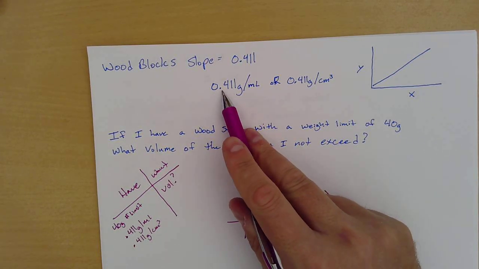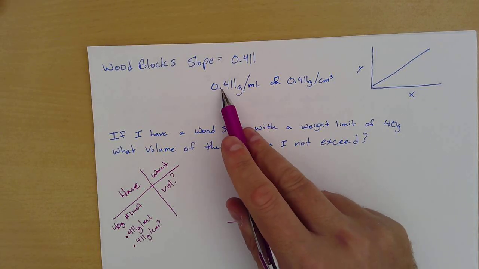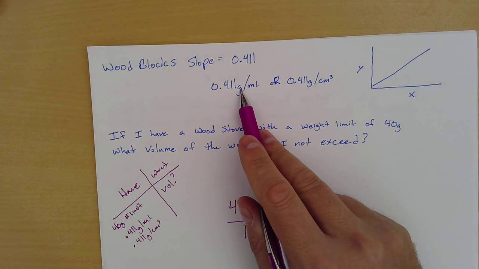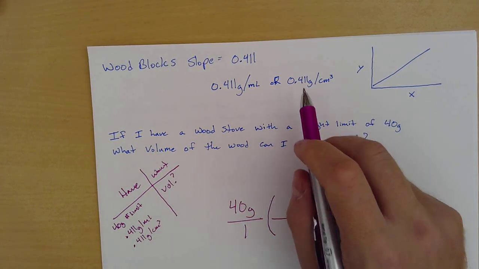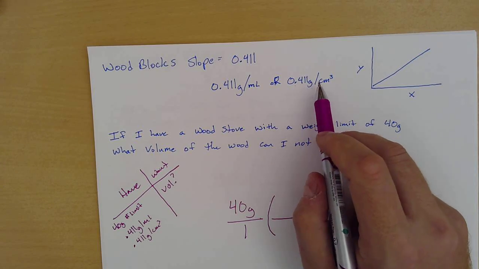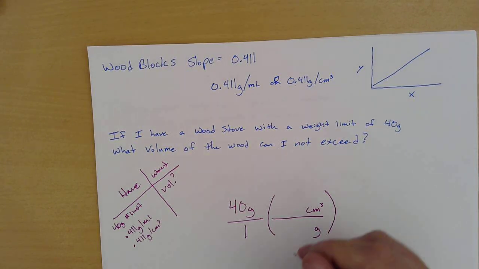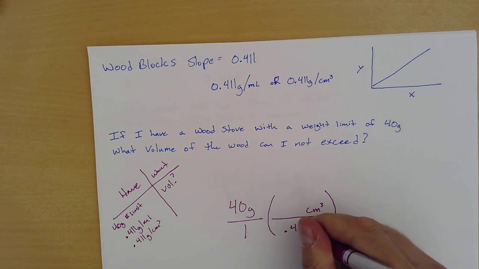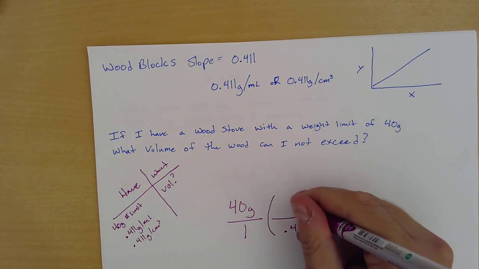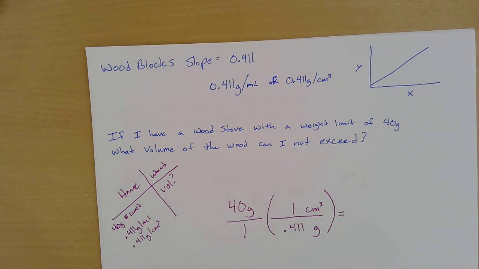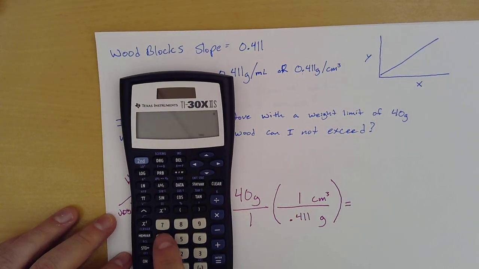So my 0.411 grams, so for every 0.411 grams, I have 1 milliliter. Or for every 0.411 grams, I have 1 cubic centimeter. So for every 0.411 grams, remember those are attached, I have 1 cubic centimeter. So it's 40 divided by 0.411. So I'm going to toss this into my calculator here. So 40 times 1 times everything on the top, divided by 1, divided by everything on the bottom, 0.411, equals. And we get